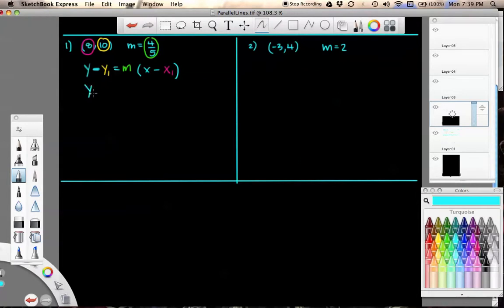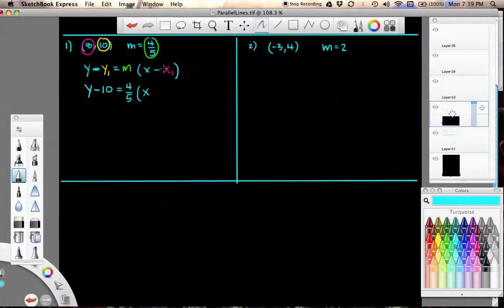So we're going to say y, opposite of the yellow number. The yellow number is 10. What's the opposite of 10? Negative 10. So we're going to say y minus 10 equals the slope, which is 4/5, times x